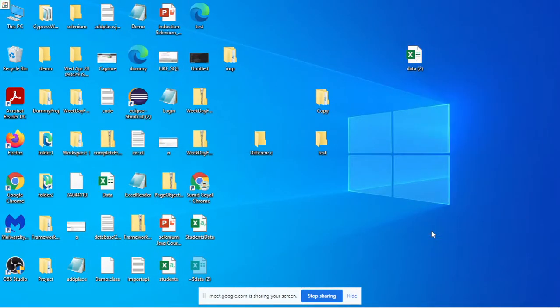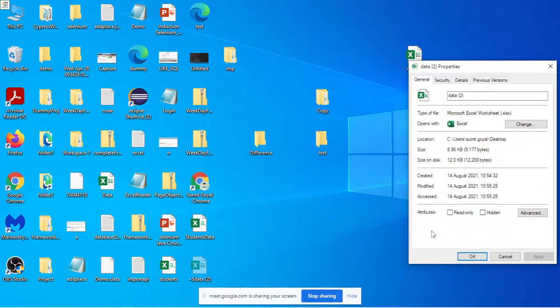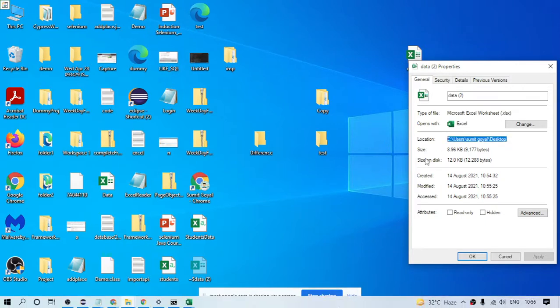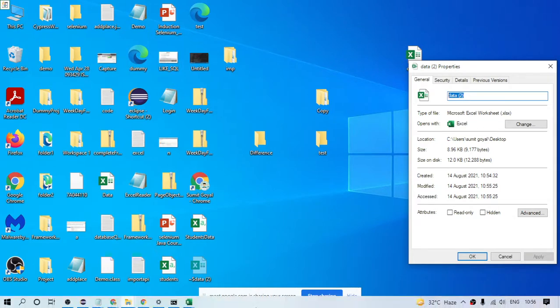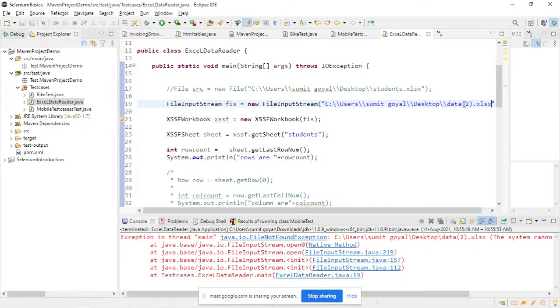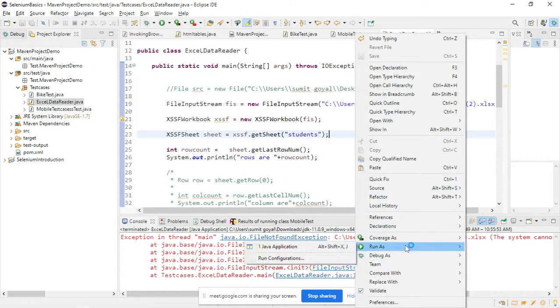Let me check this time. This time it is correct. This is our file name. I think there is one space. This time the space is here. Okay, so there is one space. That's why it is not identifying. So this time I'm sure that it will work.